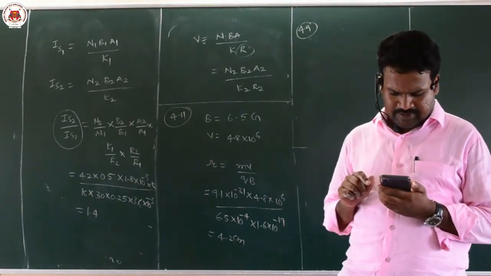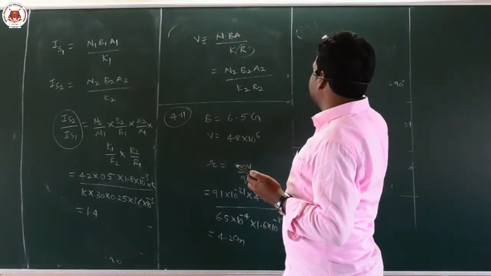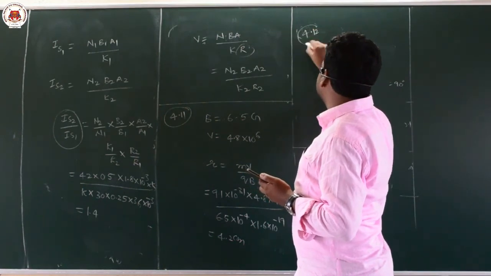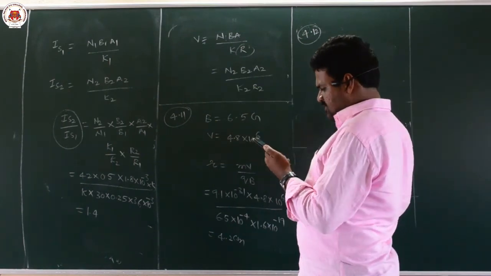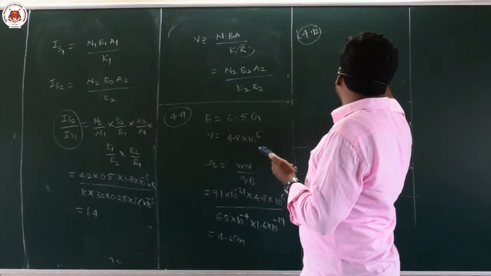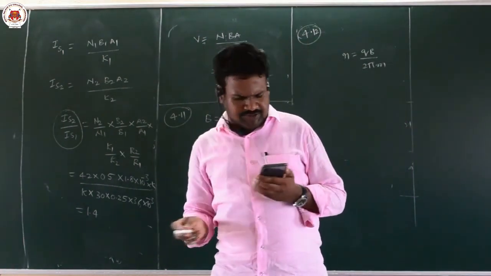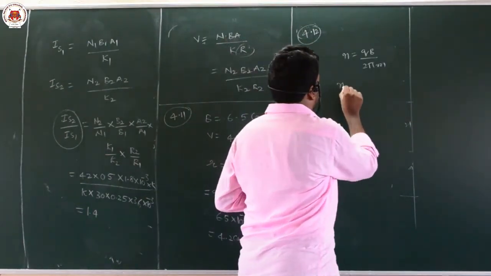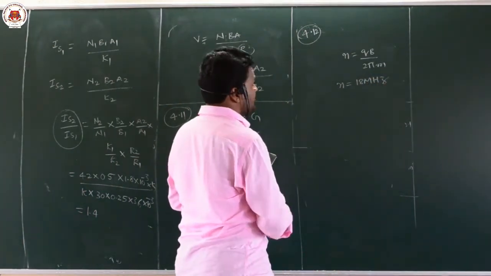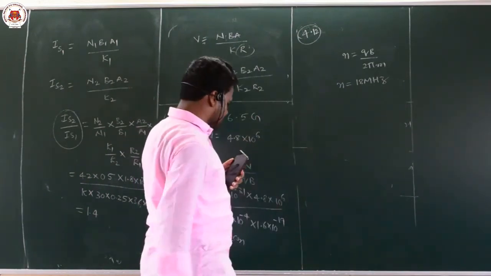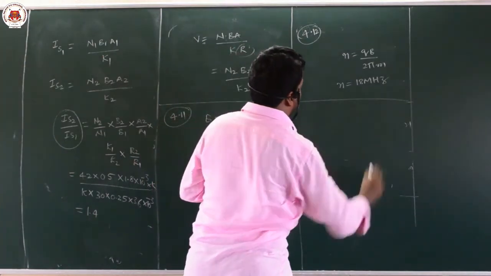And next, question number 4.12, it is a continuation of 4.11. What is asked is, you just find the frequency. The frequency formula is, frequency is equal to qB by 2 pi m. So just substitute the values of q, B and m, you will get the frequency as 18 megahertz. Same values you substitute. m is equal to 9.1 into 10 to the power of minus 31, B value is 6.5 into 10 to the power of minus 4, then you will get the frequency as 18 megahertz.